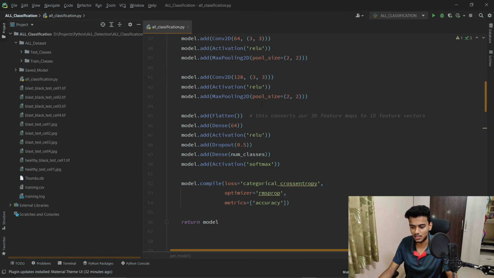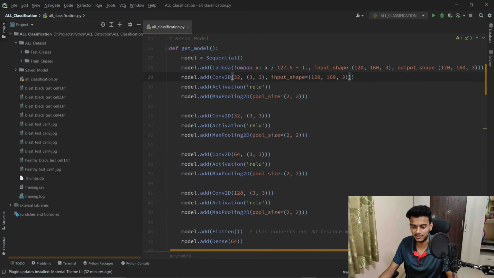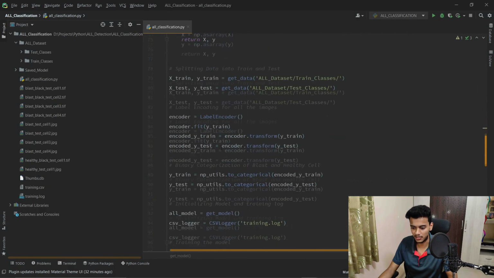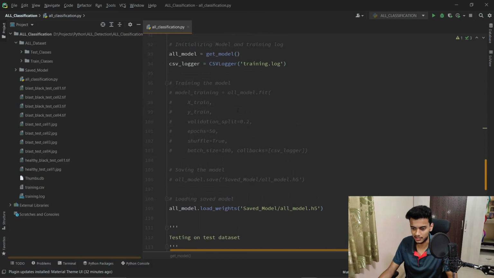So this is our whole model that we are using for classification. This is the basic model. This is the train script that I have commented out for now, because I have already trained it for 50 epochs, with a validation split of 80-20 ratio, so the testing set is 20% and the training set is 80% of the whole data set.